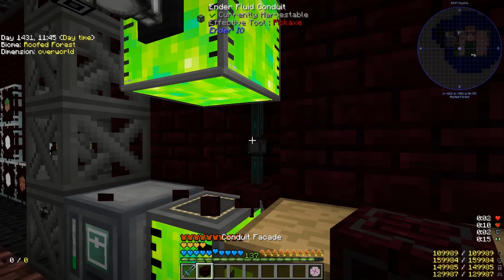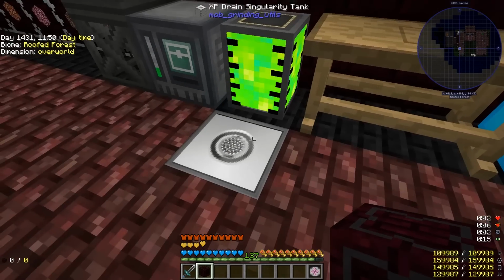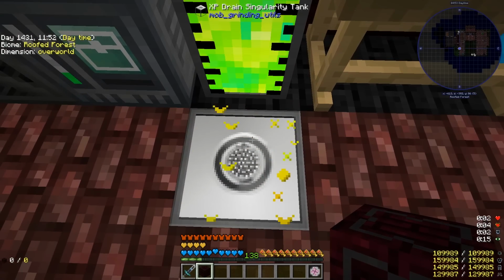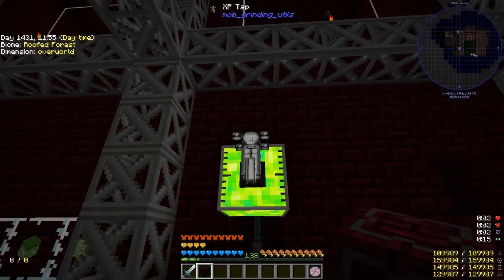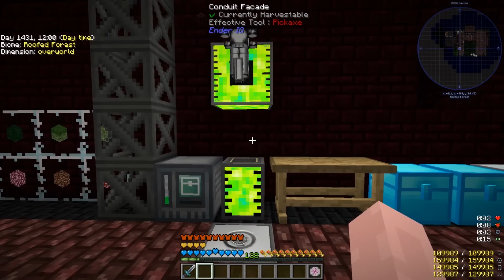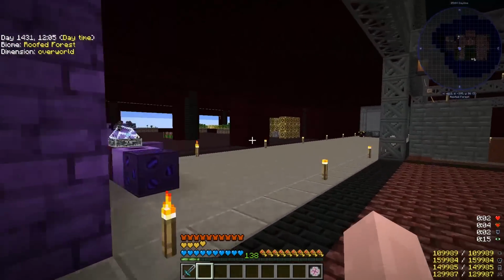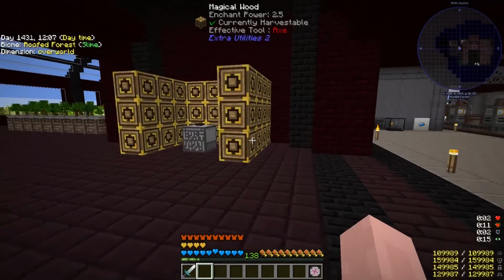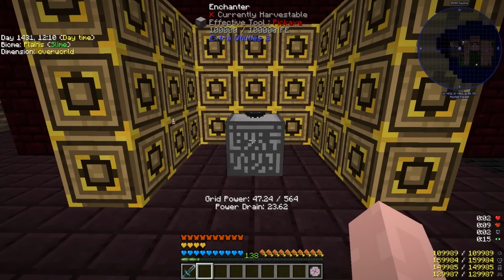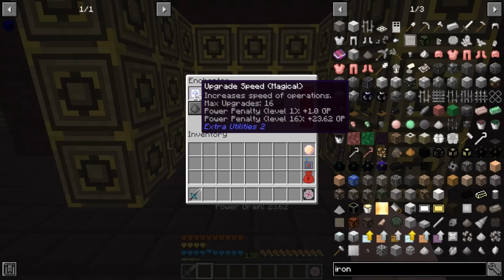So, I don't have my pickaxe. But yeah, I have conduits flowing from the XP drain, which drains my XP, and this XP tap attached to a singularity tank, just so I could fill up my XP a little bit easier. I also have solidified XP, more than enough in my ME system. I also have this Enchanter right here. The Enchanter is how I made the blocks of enchanted metal, and you'll see I have more